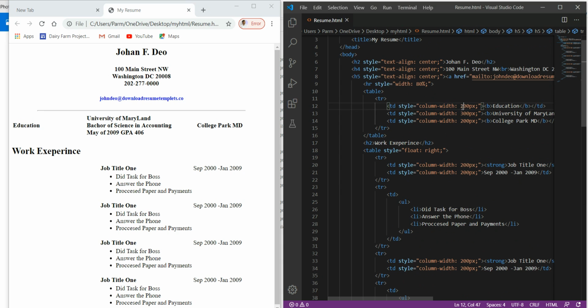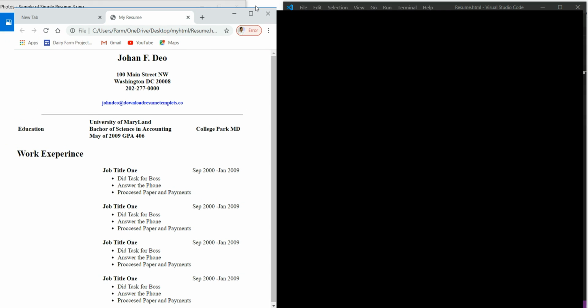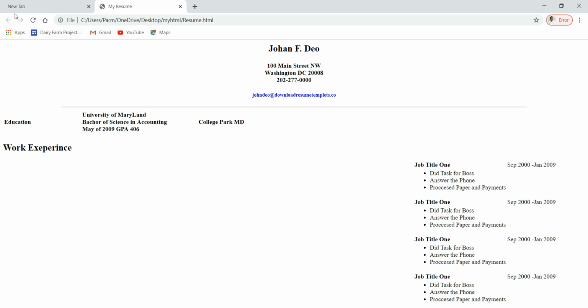I will make it 400 and to this again 400, and to this I'm just leaving it as 200 pixels. So save this, and I can maximize this and refresh this.